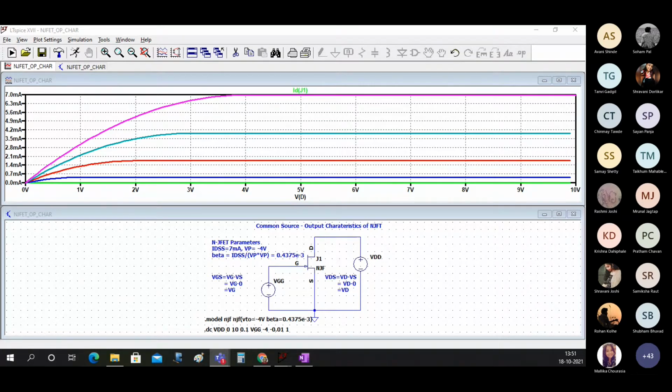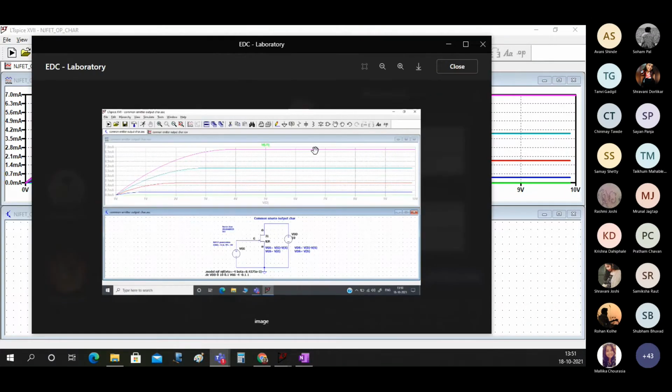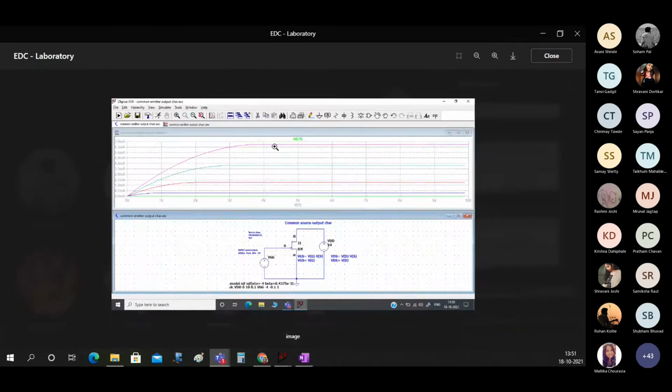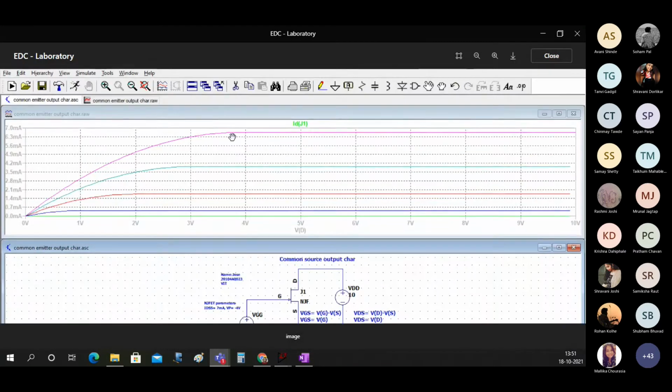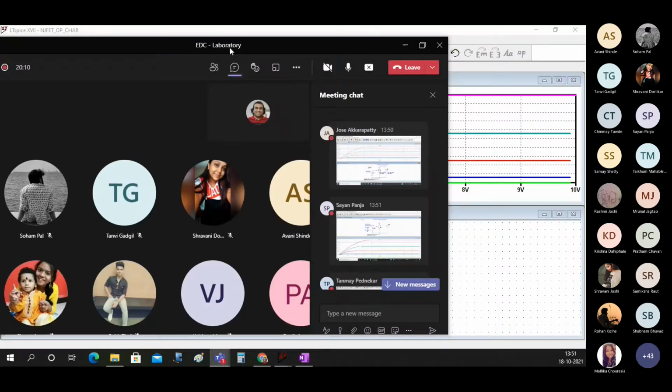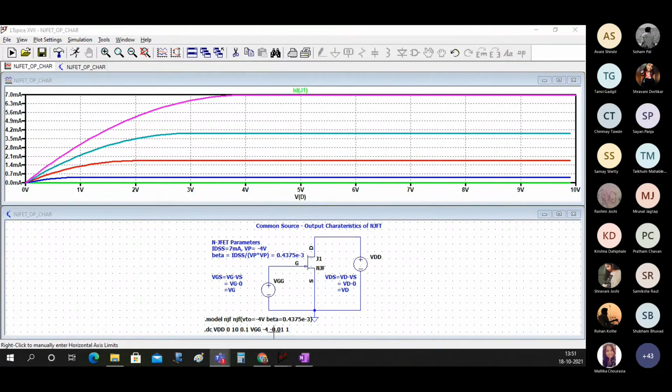If you write 0.1, then you can see in this case, in the case of JFET, this max current, this pink line should actually be at 7 milliamperes, but it is somewhere below. So if you want to take that to the max value, that is 7 milliamperes, you will get 7 milliamperes exactly at VGS equal to 0. But if you put 0, you get that overshoot near 0. So what is the best value of 0? -0.001 is also much better than that.